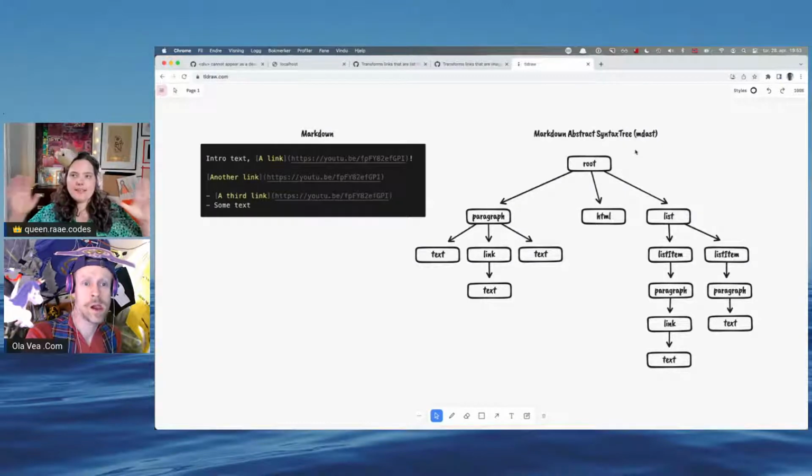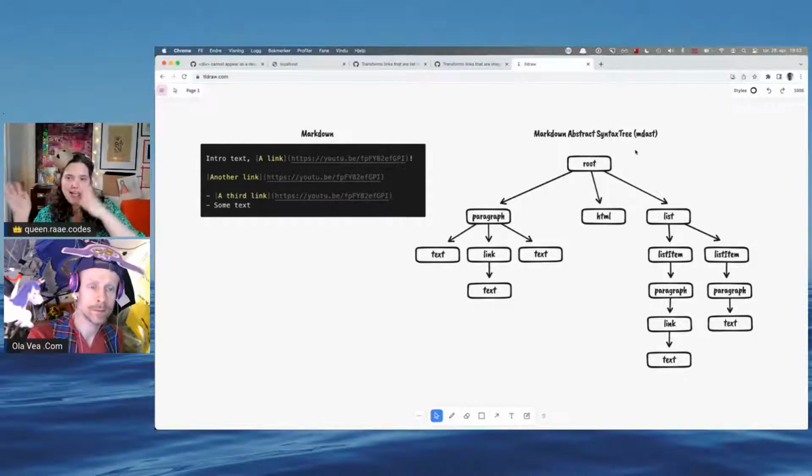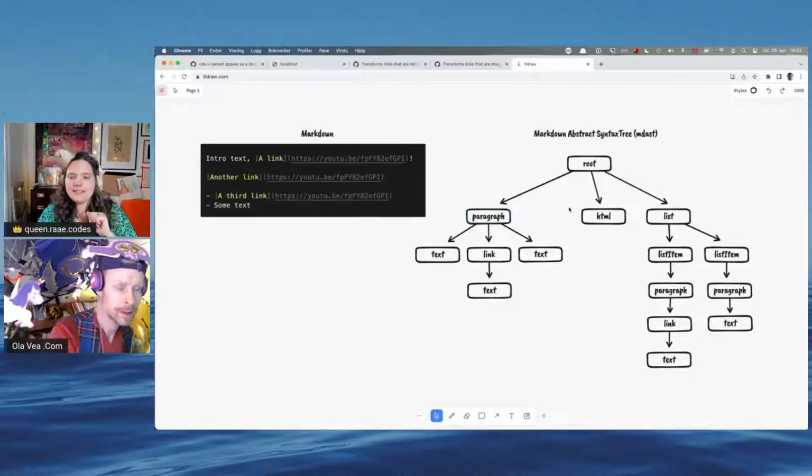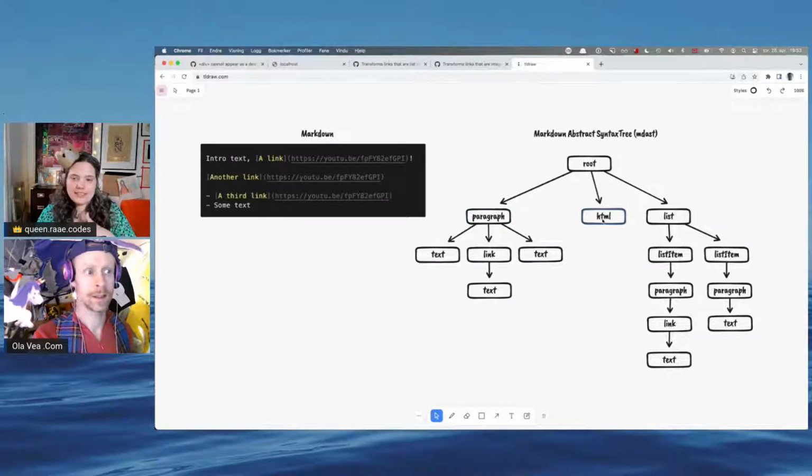What gatsby-transformer-remark does next is that it takes this tree and it uses some of the unified packages to make this into HAST, and then this becomes a P element. And this becomes whatever is inside of the HTML, and it branches into a tree. This becomes a UL element, and then this becomes the LI HTML tag.